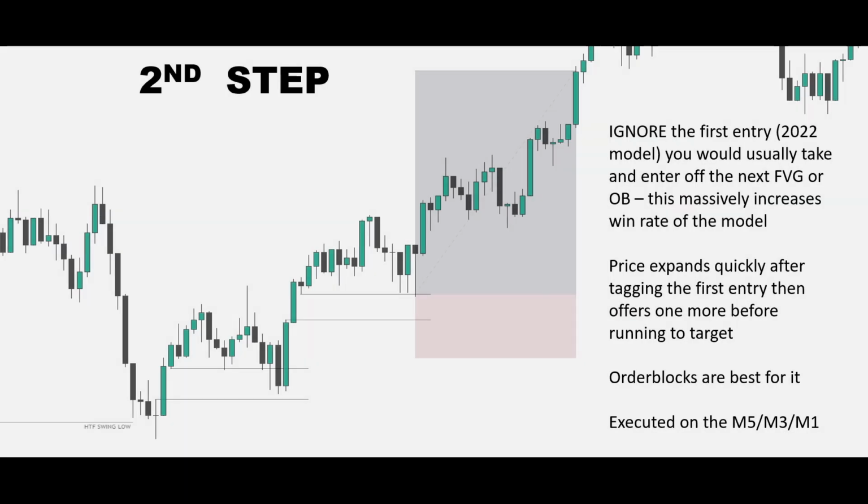Diving into the second step of the model, and this is actually our entry, how to navigate it and how to actually find our entry. So as you can see down here, we have a higher time frame swing low, which we traded into and then moved away from. Now the first step to the model, which I actually forgot to write down here, is we look for a break of structure here. As we trade into the swing low, we leave a high and then dip down into it. We then expand above the high, which gives us our break in market structure,